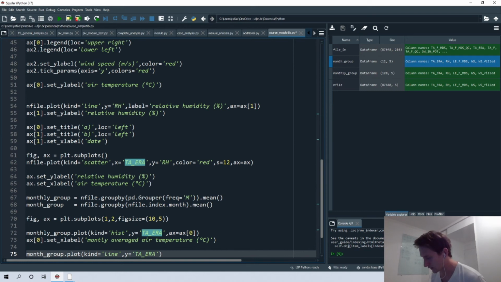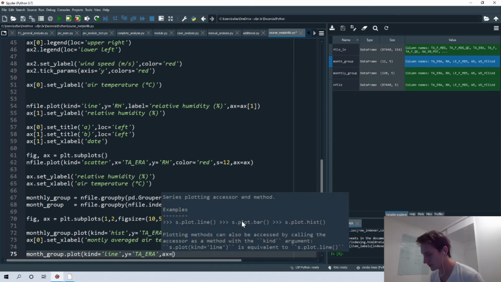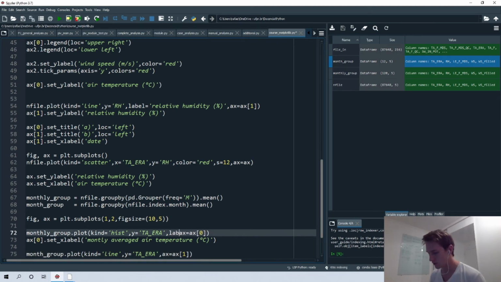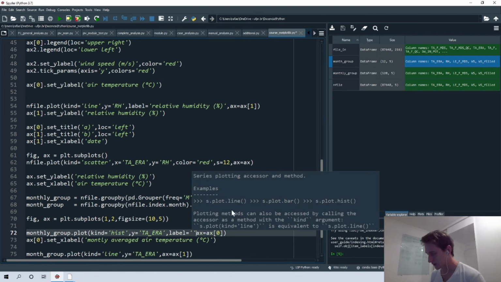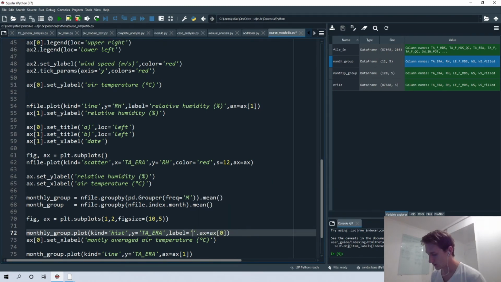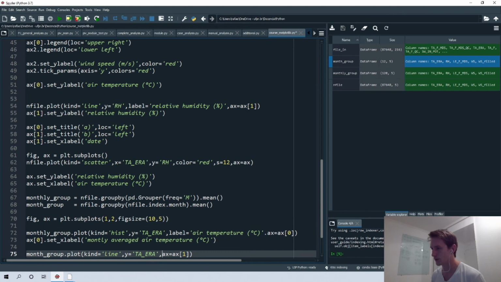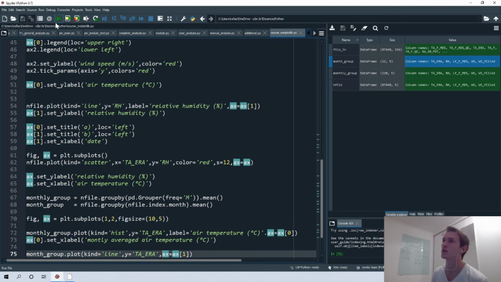And then we specify also the second position of our axes, this is the second graph. So when we run this, you can also define the label here as before. So label here, air temperature, for example, and here we can also define air temperature too.